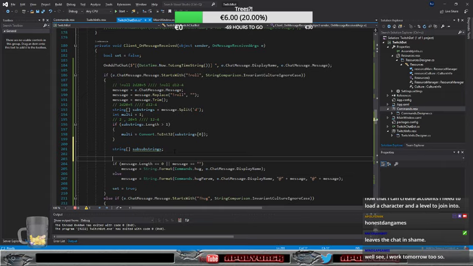So let's start with this. So if substrings 1 contains